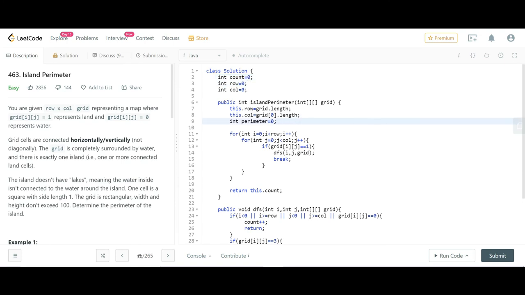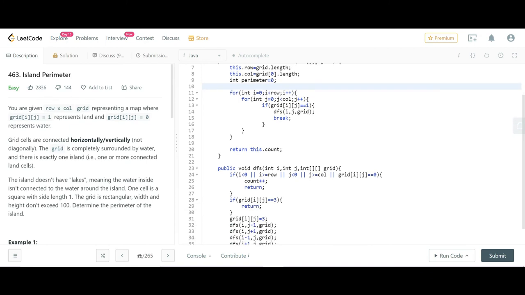Okay, and I have declared one perimeter. So what we have to do now is first find one cell which is island, right? So if we go to i and j, I can check grid i of j is equal to 1. Now I have to do a DFS there, DFS i j grid.